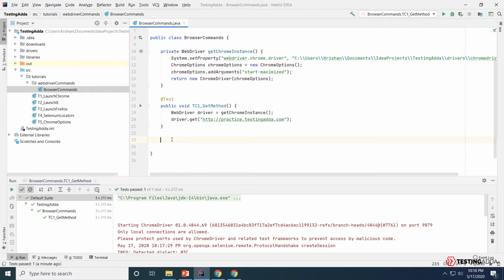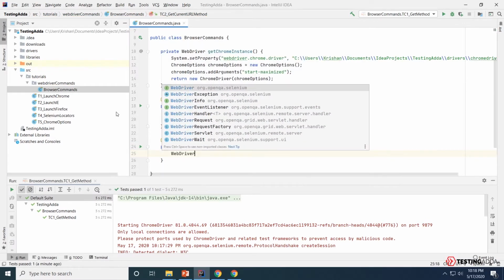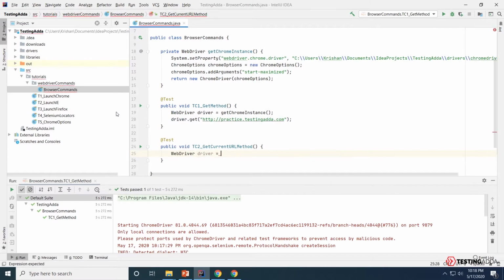Now here we'll create a new test again and name it tc2 get current URL method. Now again we'll get the driver instance using WebDriver get Chrome instance. This will actually return me a Chrome driver instance to the driver variable.